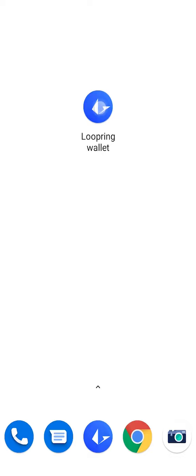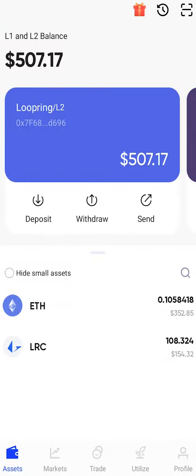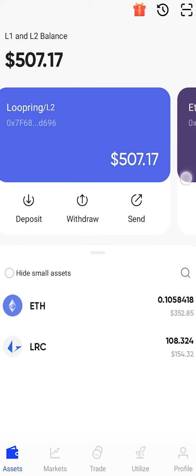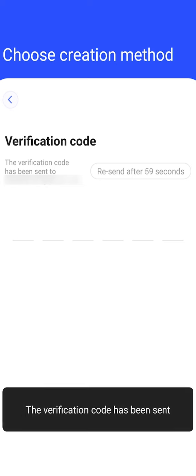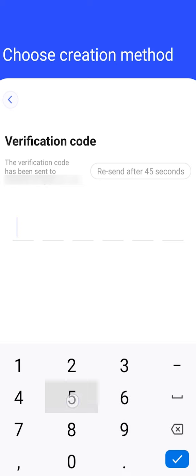So here's how to activate the full smart wallet, which includes the layer 1 portion, using funds from your layer 2 counterfactual wallet. So if we swipe over to Ethereum layer 1 and click on activate, enter the verification code that was just sent to you,